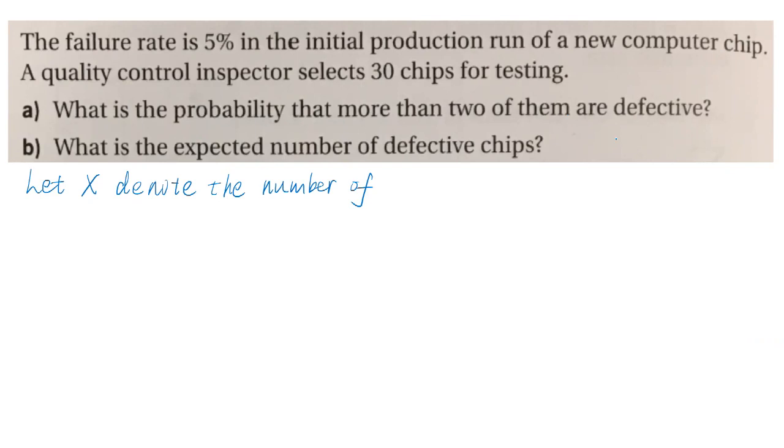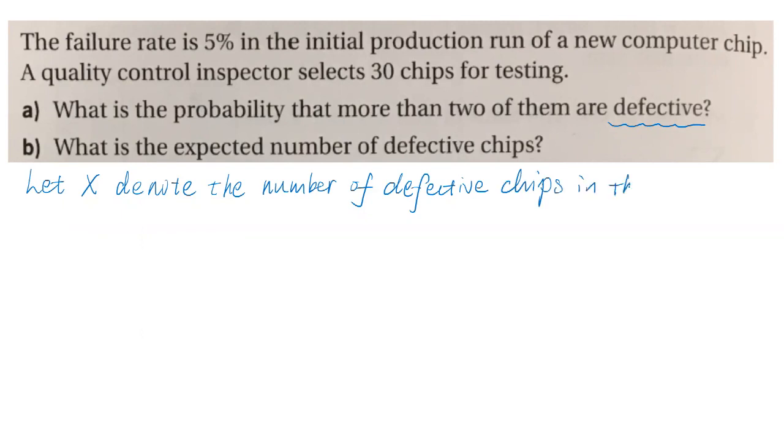Whether it's defective or perfect depends on what the question asks you to do. The question asks you to calculate the probability that more than 2 of them are defective. So here we use the number of defective chips. So let X denote the number of defective chips